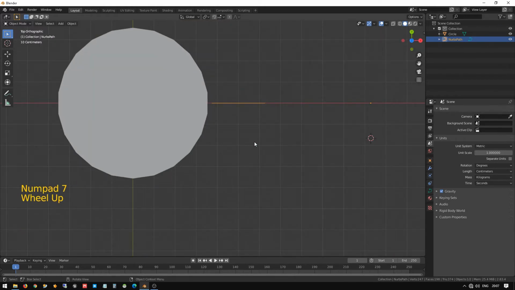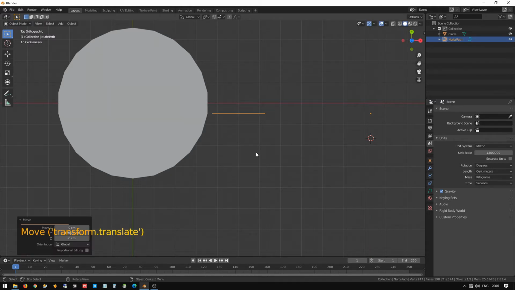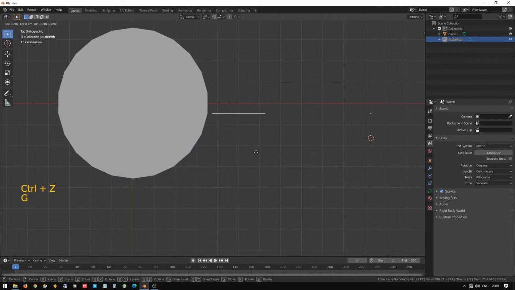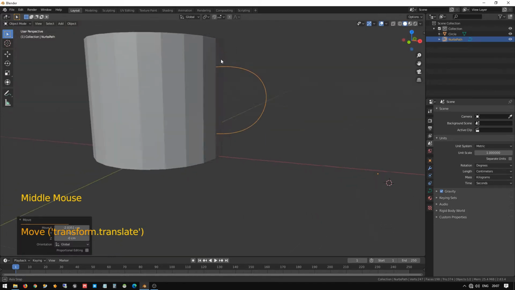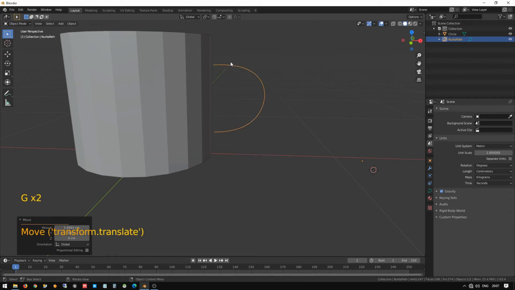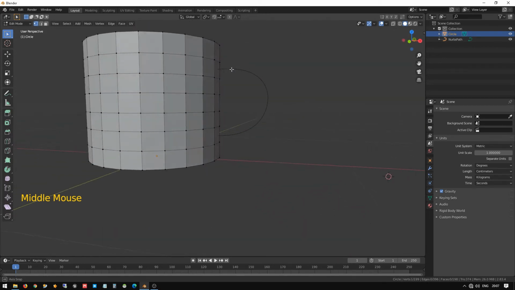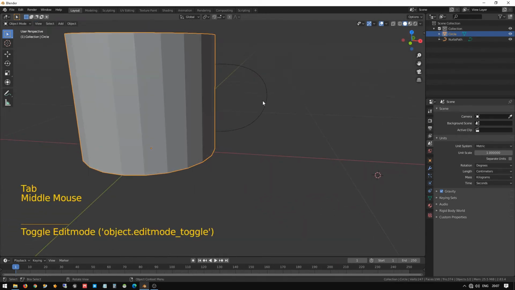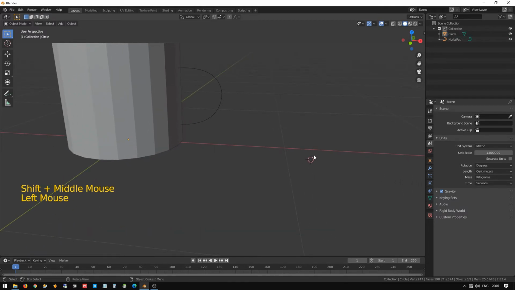So go again to the top angle and press G Y. Now it's aligned in that position, and press G X and move it a little bit further nearer to the cup. Yeah, it's fine. Let me make a little bit of distance from the cup, so it will be easy for us to design it. And yeah, now it's aligned perfectly. Okay, let me go to object mode again.